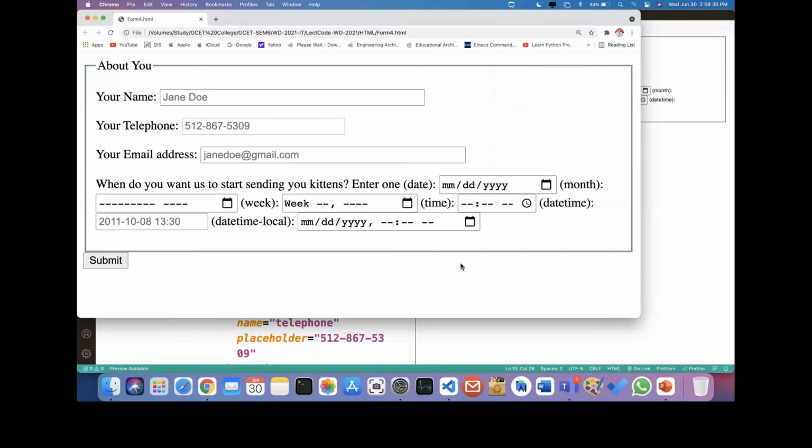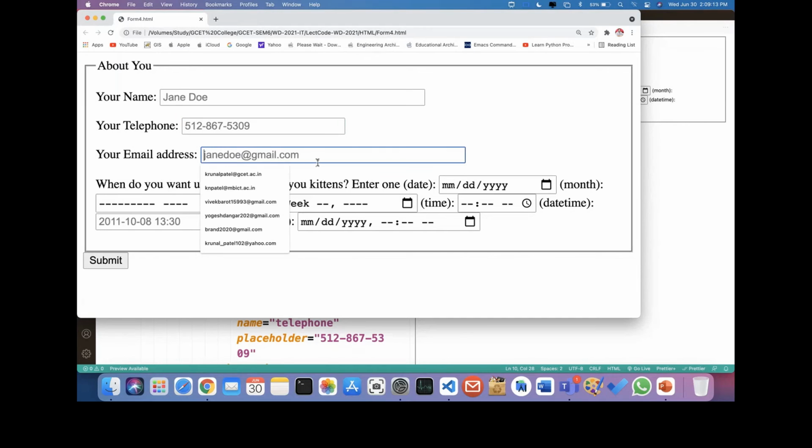For simplicity I am just zooming in. Here you can see it's an about you form. You have to practice this kind of form in your lab session. Remember this. If you want, I will also share it with you whenever we do that. Otherwise you can take a picture. So your name. Here you can see we are providing examples, like you have to provide the name like this. Then telephone. I want the number in this particular format, so I'm putting one demo.